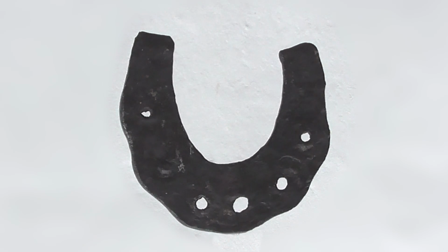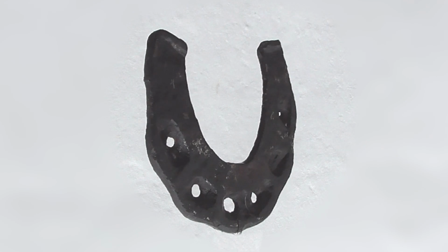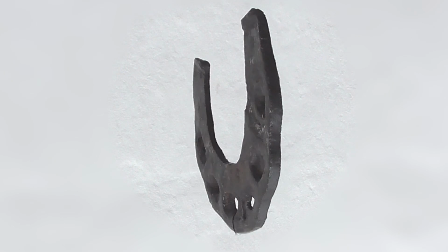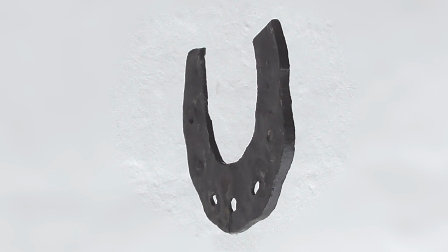Well, I'm stunned and amazed to learn that this horseshoe, or muleshoe, is approximately 1,000 years old. It's known as a wavy rim type and is most likely from the Saxon or Norman era and was the very first type of horseshoe made in Britain. According to a paper written by Patrick Ottaway, there is no evidence of Roman horseshoes, and the first record of them starts in the 9th century. By the late 10th century, the outer side may be slightly wavy and rectangular countersunk holes are usual, as per